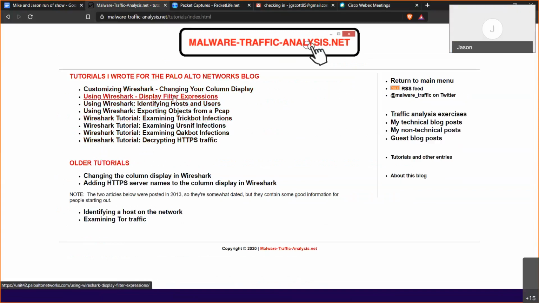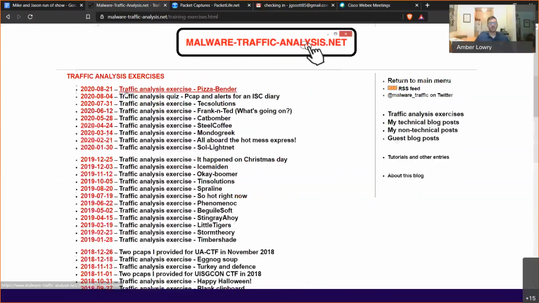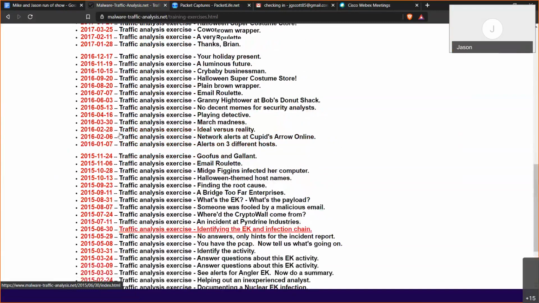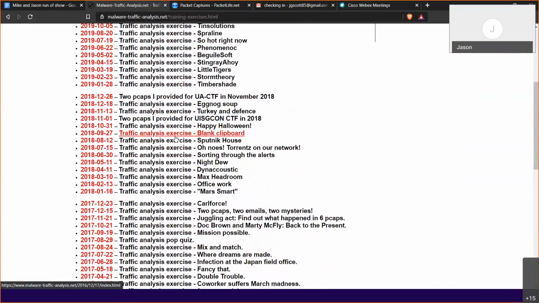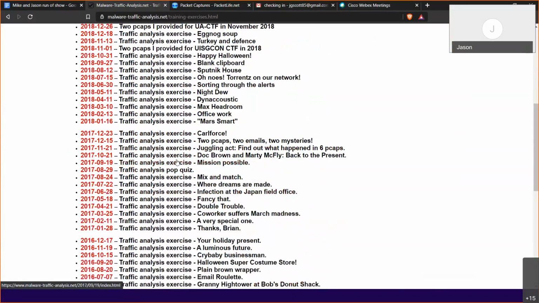And then if you go to traffic analysis exercises, these are all the PCAPs you can download and dissect, investigate, find out what's going on. Like I said, I would start with Packet Life first before going to any of these, because these can be a little challenging.